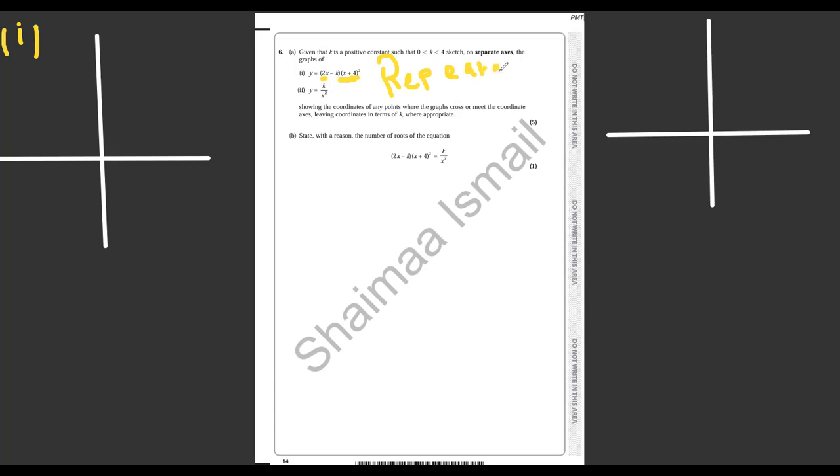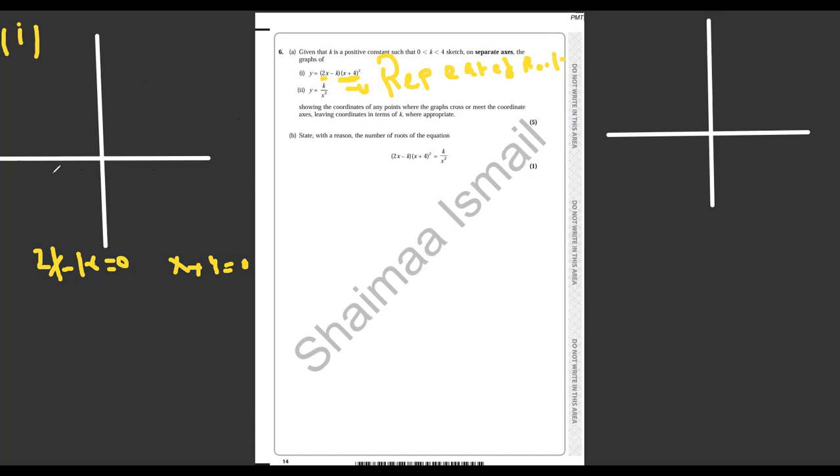Here we have a repeated root, and it will be negative 4. The repeated root. So here the first one, which is 2x minus k equals 0 and x plus 4 equal